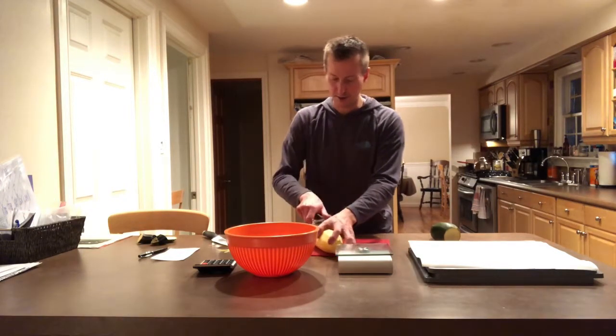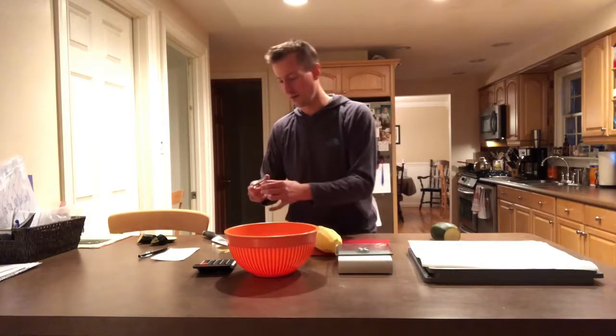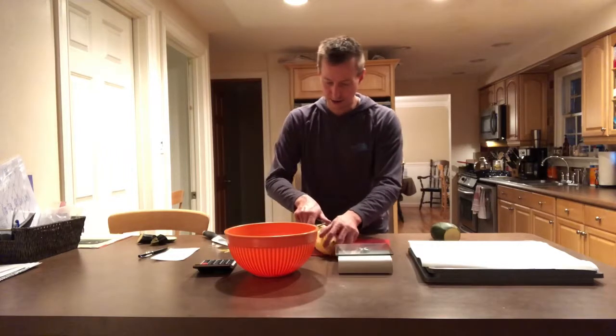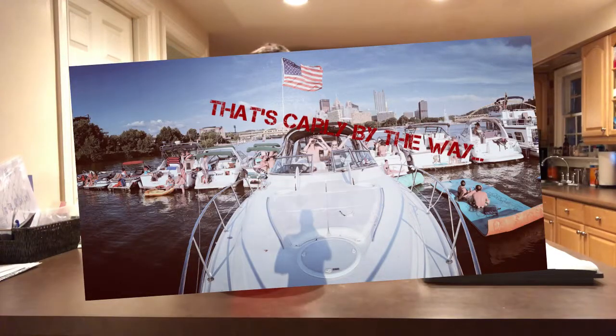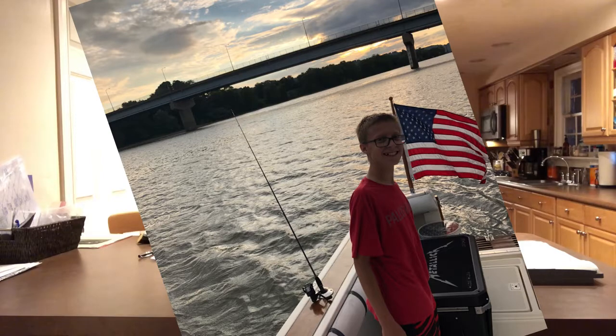It's fall here in Western Pennsylvania, and we're certainly looking for something to do because boating season is over. And if you don't know us, you wouldn't know that we are very, very big into the boating community here in Pittsburgh. So that's one of the reasons why you don't see a whole lot in the summer, although we probably should